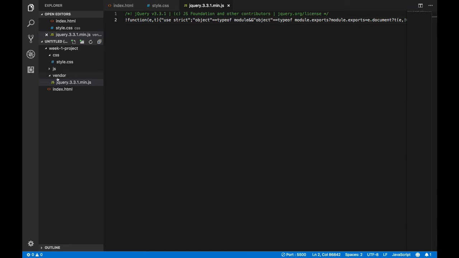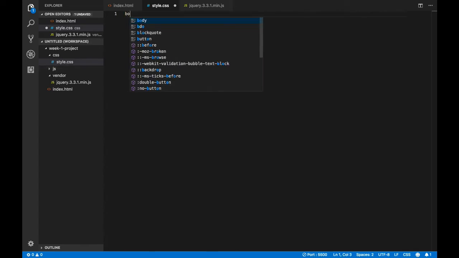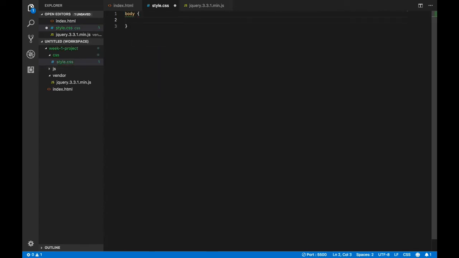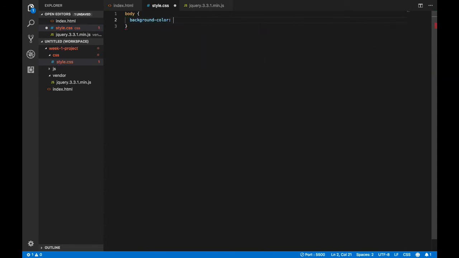So that's done, and let's just add one style in our style.css. We're just gonna do, let's say, body, and then we're gonna do background color, and then if we start typing some of those, Visual Studio Code can give us some of those predefined colors that browsers understand. So Alice blue is that light blue color, whatnot. So if we go to refresh our page,